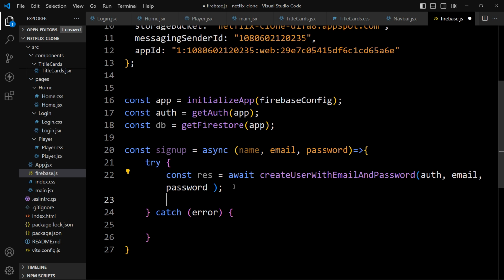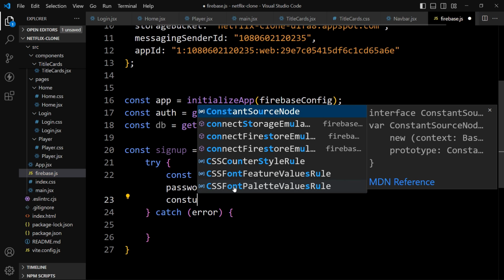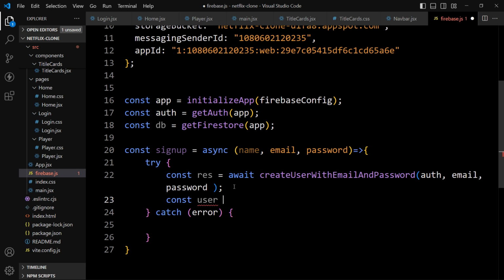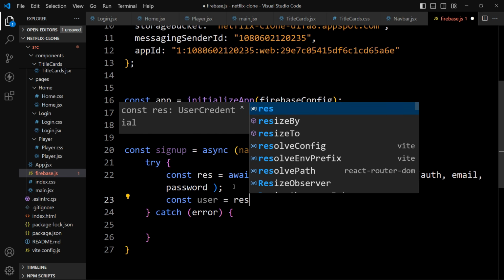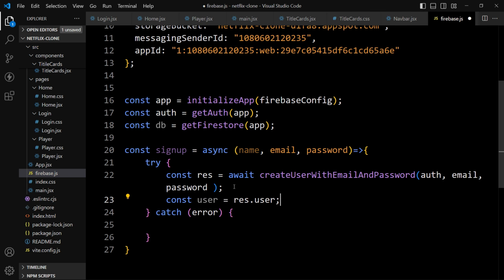So here let's add const user equal to response.user. So from this response we will find the user's detail that is stored in this user property. So we will get that user in this user variable. So now we have created the user in our Firebase.